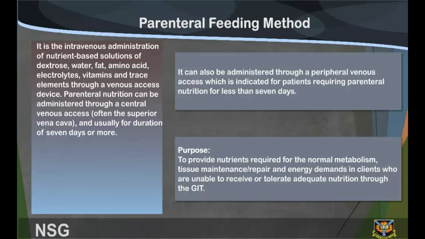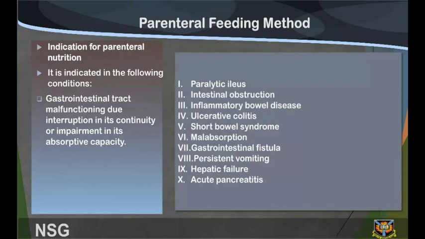Purpose: to provide nutrients required for the normal metabolism, tissue maintenance, repair and energy demands in clients who are unable to receive or tolerate adequate nutrition through the GIT. Parenteral feeding method. Indication for parenteral nutrition. It is indicated in the following conditions: gastrointestinal tract malfunctioning due to interruption in its continuity or impairment in its absorptive